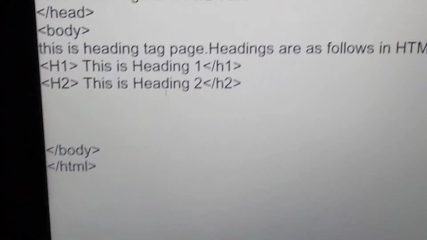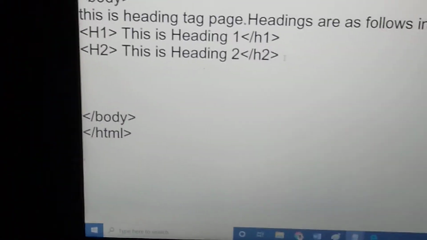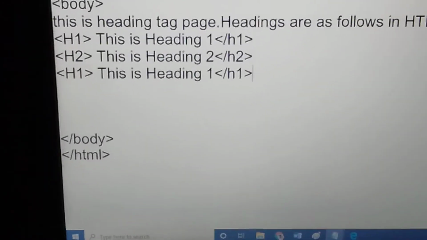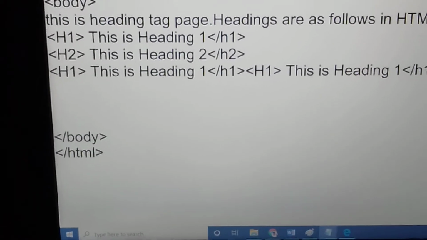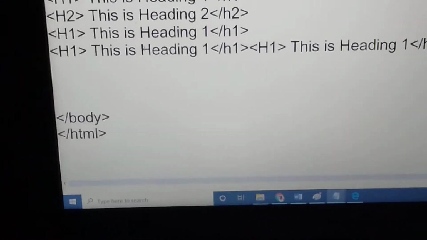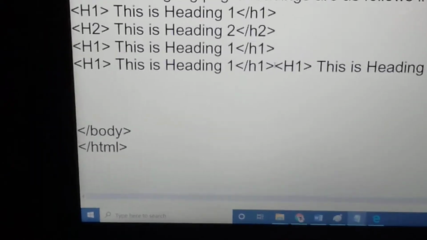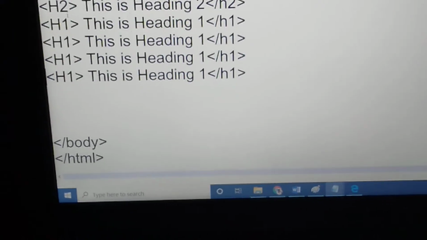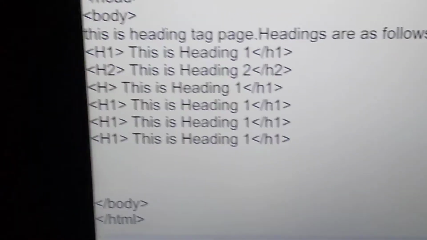Now again I go back with the Alt Tab button, you navigate between the pages. Here I copied it 4 times. Okay, enter, enter, enter. Instead of H1 I make it H3.